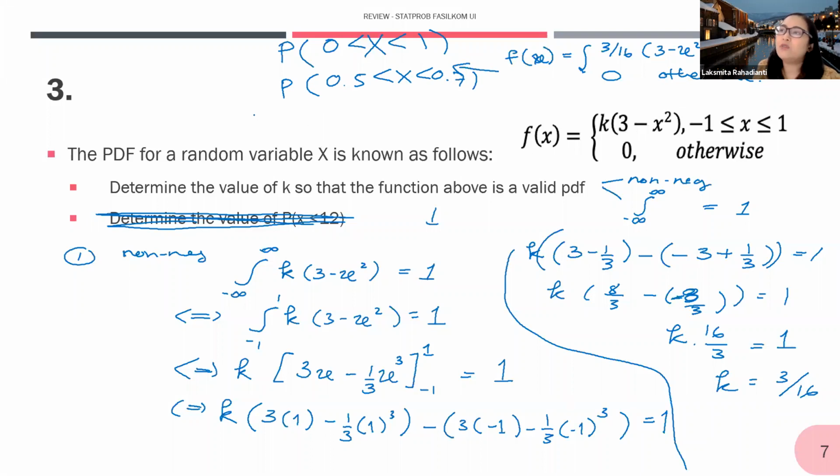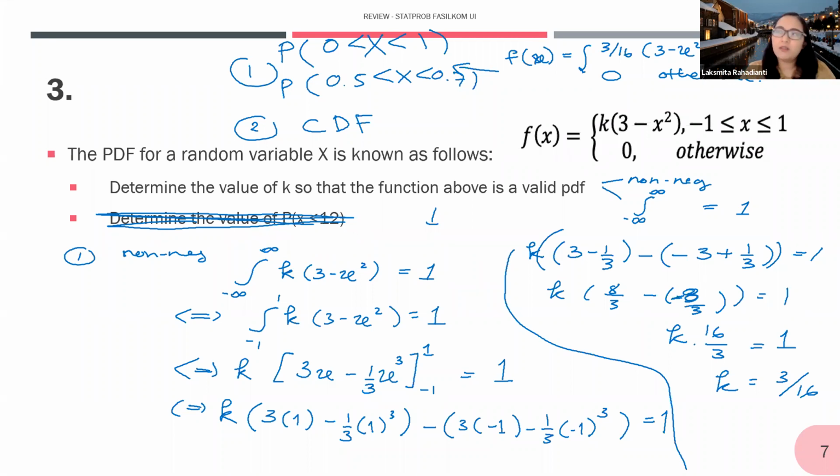Or I could ask you to, for example, please compute the CDF of this function. Don't forget, the CDF is related to the PDF by integration. So you can just integrate it and obtain the CDF. Either way, you can do. So if I were to correct this typo in my questions,